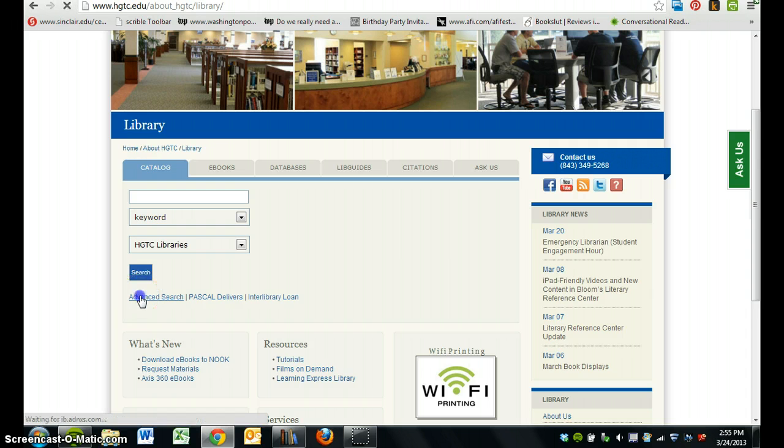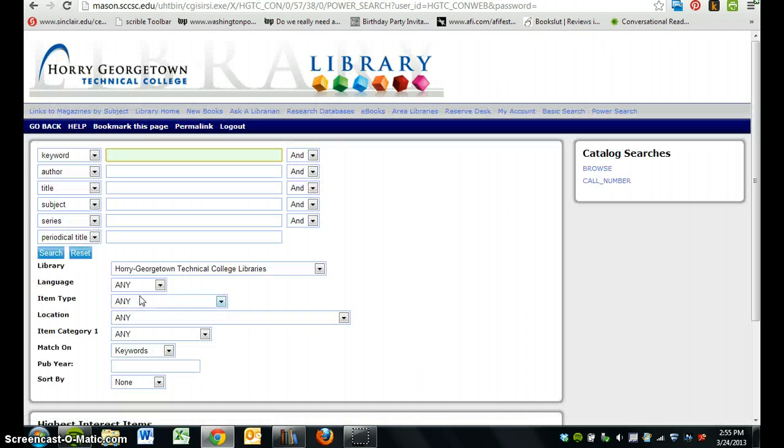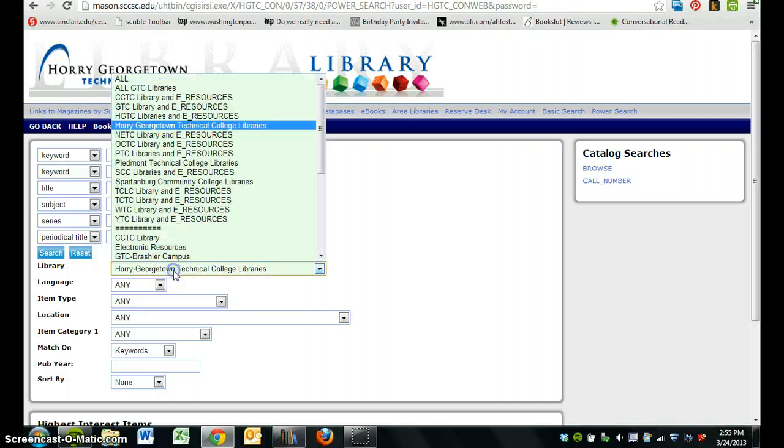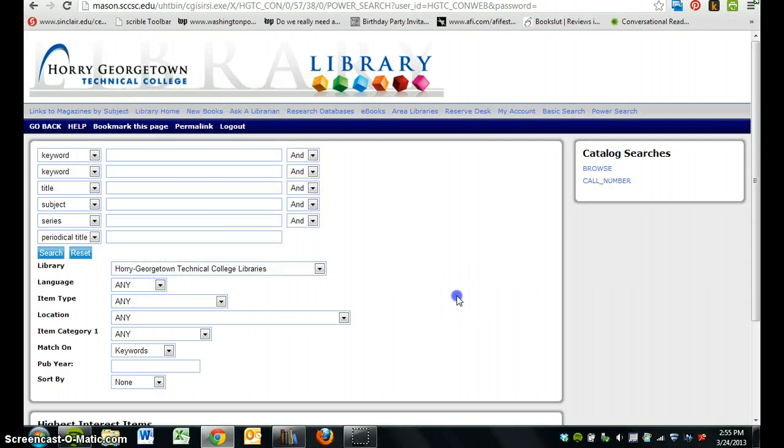You can come over here to advanced search, and the catalog searches all of the books and sometimes ebooks and a lot of the physical holdings like DVDs that are actually housed in our 3 campus libraries. You can also search other campuses and request them, but we'll just search Tech libraries for now. So notice I'm going to link together 2 keywords. Maybe I'll have engineer, and I have and